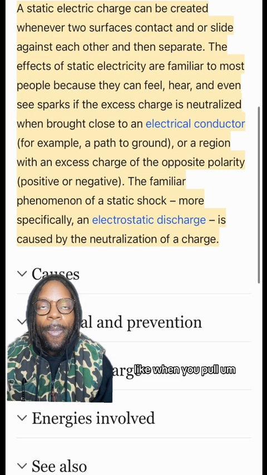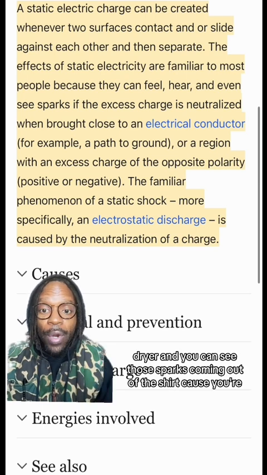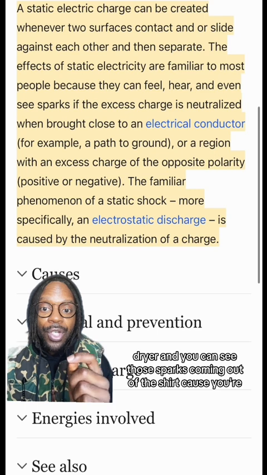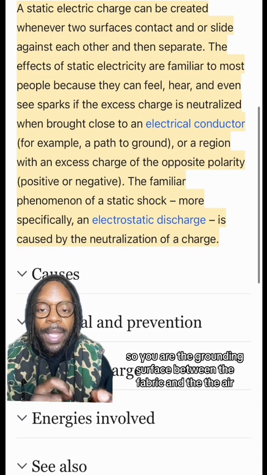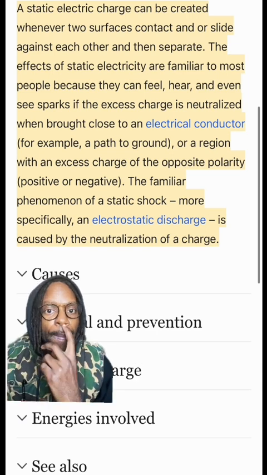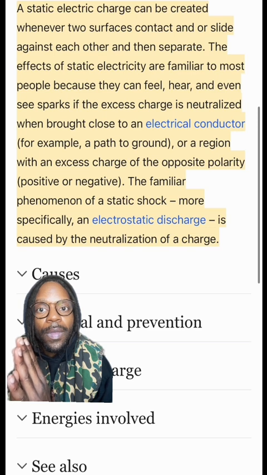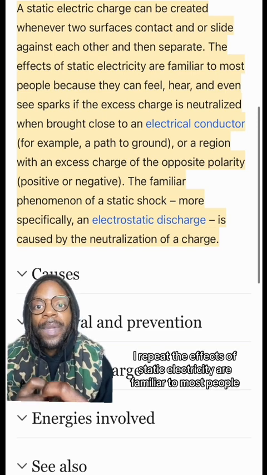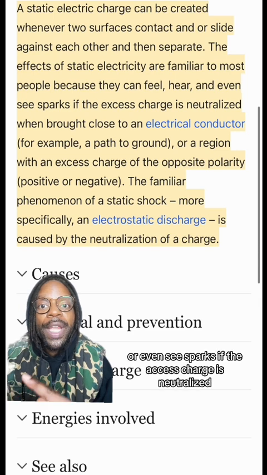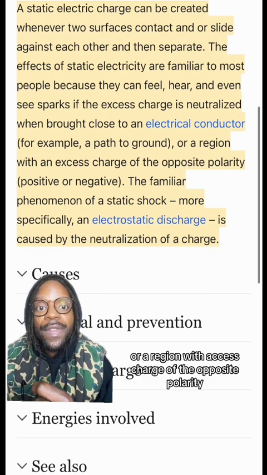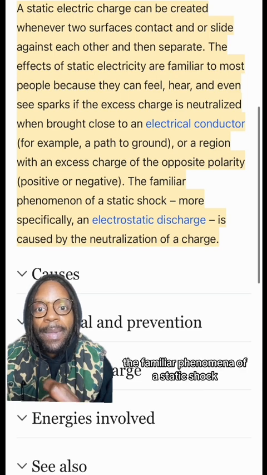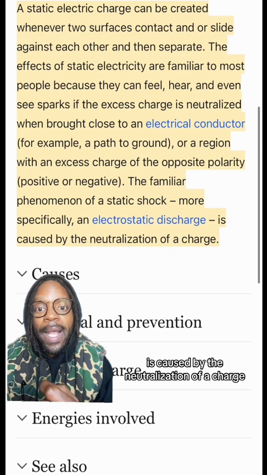Like when you pull a shirt out of a dryer and you can see those sparks coming out of the shirt because you're standing on a grounded surface, so you are the grounding surface between the fabric and the air. I'll repeat, the effects of static electricity are familiar to most people because they can feel, hear, or even see sparks if the excess charge is neutralized when brought close to an electrical conductor or a region with excess charge of the opposite polarity. The familiar phenomenon of a static shock, more specifically an electrostatic discharge, is caused by the